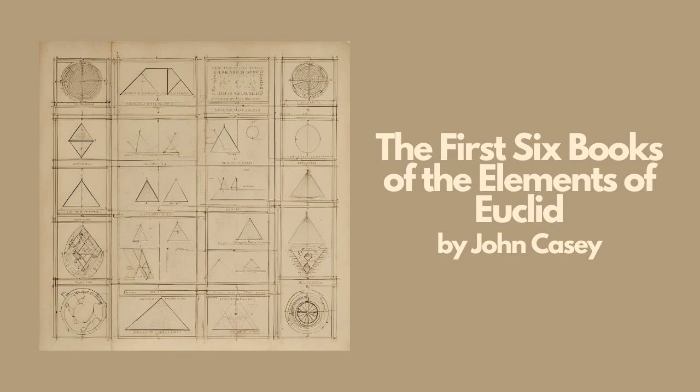Prop. 11. Problem. To draw a normal to a given plane, BH, from a given point, A, not in it. Solution. In the given plane BH draw any line BC, and from A draw AD perpendicular to BC, I12. Then if AD be perpendicular to the plane, the thing required is done. If not, from D draw DE in the plane BH at right angles to BC, I11, and from A draw AF, I12, perpendicular to DE. AF is normal to the plane BH.